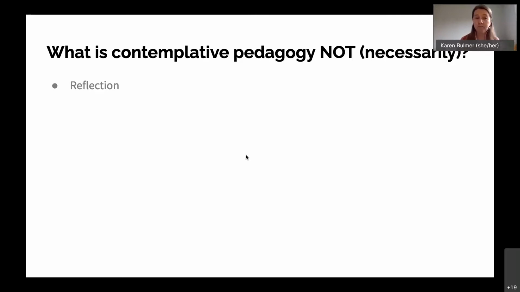The other thing that is a little bit different with contemplative pedagogy is that in many exercises, we actually invite participants to suspend reflection. An example would be, if anyone's familiar with very traditional mindfulness meditation, where you're sitting in stillness, thoughts are coming into your mind, but what we're trying to do is not engage too much with the contents of what's going on in our mind.